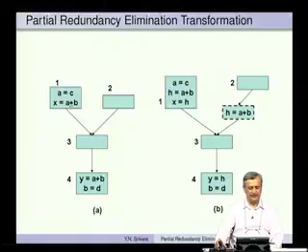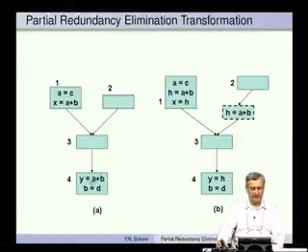question is can we use the computation of A plus B in this basic block 1 and avoid recomputation of A plus B in basic block 4. Under certain circumstances it is possible. So, please observe that the expression A plus B is not completely available at this point, it is available partially along this path, but it is not available along this path. So, that is why this is a partial redundancy, it is not a full redundancy.